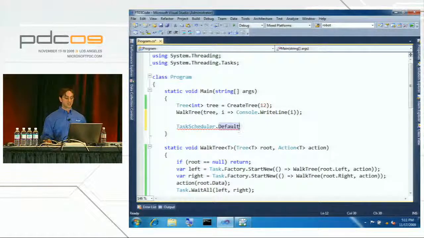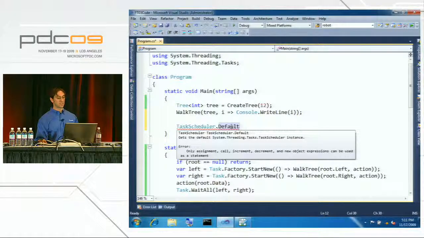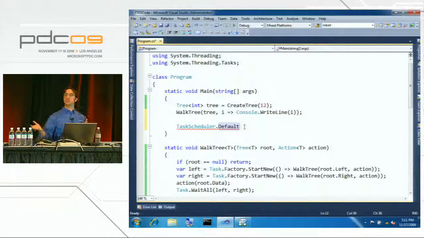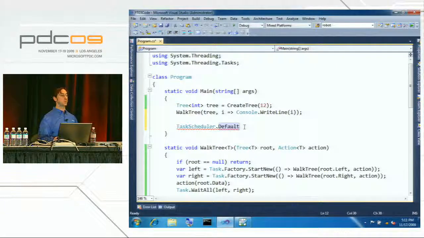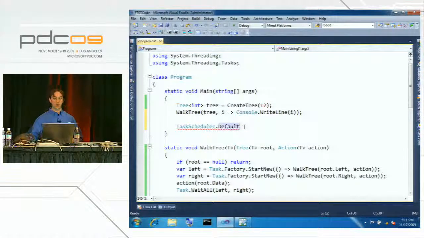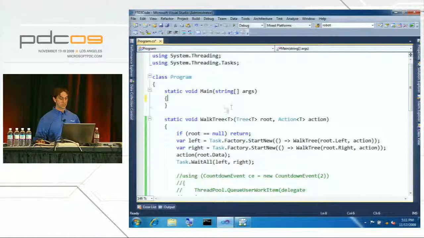Now, I said by default, and you can see the word default here. Anytime someone says default, there's usually a non-default. So you can actually take advantage of other schedulers. We ship two in the box. One of them sits on top of, or is integrated with, the thread pool. The other is one that runs on the UI. So you can actually schedule tasks to run on the UI, which is useful in a situation where, let's say